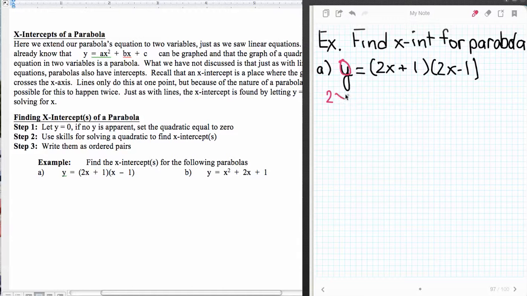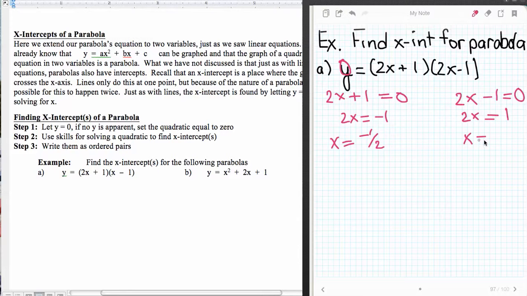And so we're just going to say 2x plus 1 is equal to 0, and 2x minus 1 is equal to 0. And we'll solve those, and I'm going to do this really, really quickly here because I'm almost out of time and I want to get down to the solution. So x is equal to negative 1/2 here, if you'll allow me the liberty, and x is going to equal positive 1/2 over here. And what I'm going to do is I'm going to write the ordered